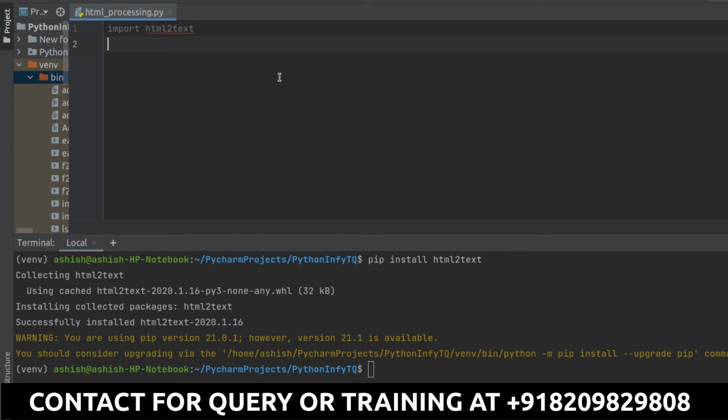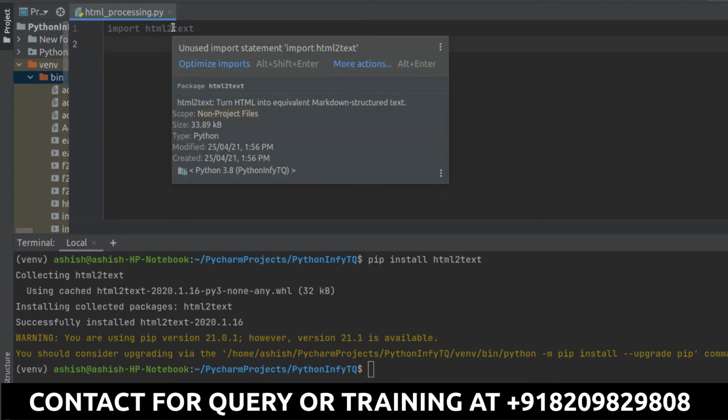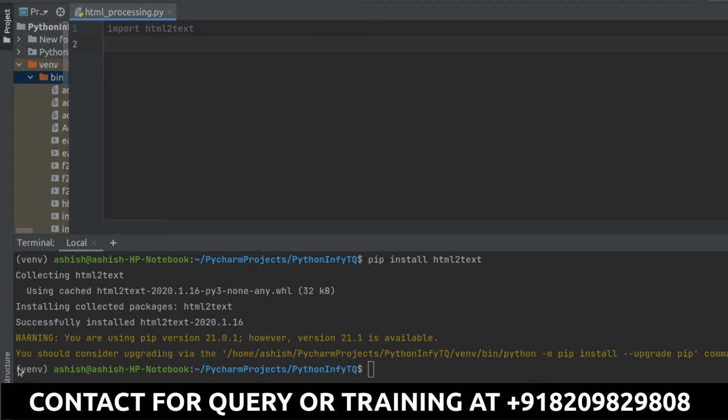And now when you will go in here, you will notice that it will start discovering the things, and it will update the library where you have it. Now you can see html2text is no more highlighted, and it's not underlined with the red line, right? So this means now the html2text is installed, and currently this script is using the virtual environment in which I have installed it, right?